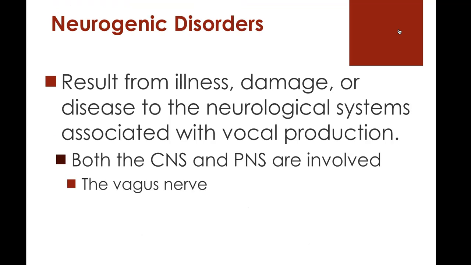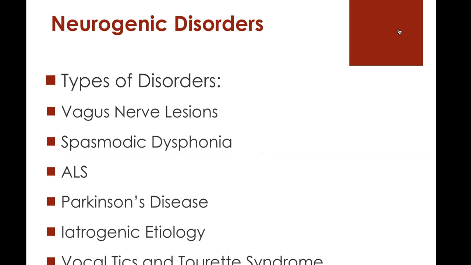Neurogenic disorders result from illness, damage, or disease to the neurological systems associated with vocal production. Both the central nervous system and the peripheral nervous system are involved. And when we're talking about the vocal folds, we're really talking about the vagus nerve, which runs throughout the body and impacts a lot of different functions. But the vagus nerve is really involved in the vocal folds. So types of disorders